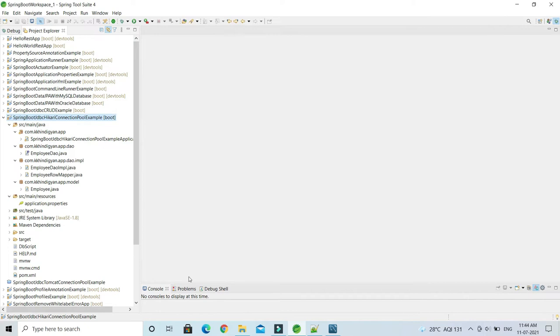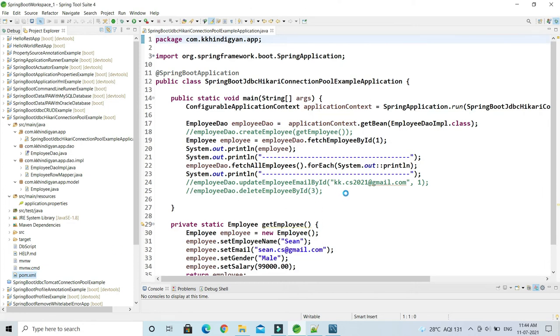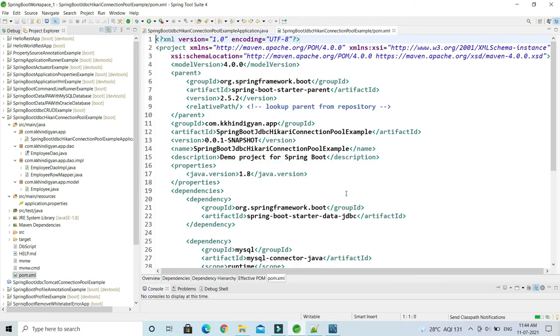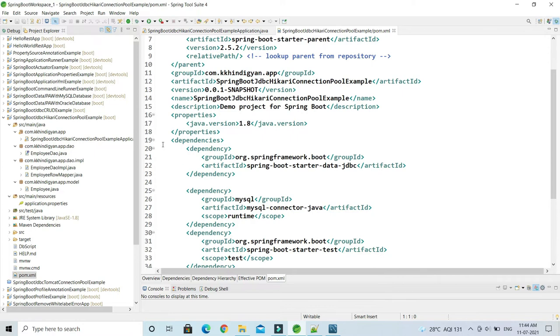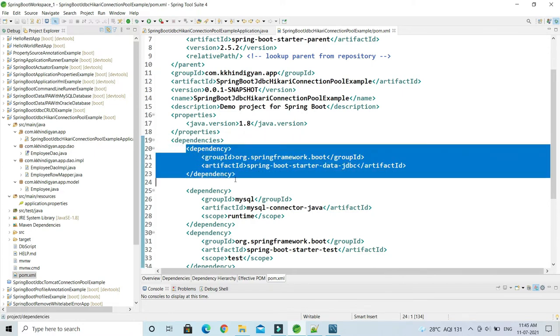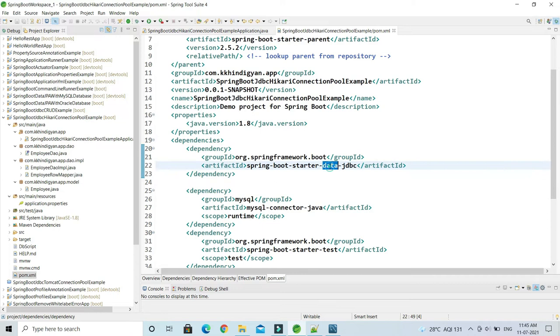Yeah, so guys, I have already created a Spring Boot JDBC Hikari connection pool example. This is a pretty simple example in Spring Boot 2. Let me start with the pom.xml and look at what dependencies I have added. First of all, I have added the Spring Boot starter data JPA dependency.